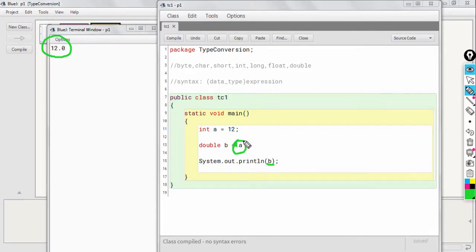But when you assign the value of a to b, it is automatically upgraded to a double value, that is 12.0. So this is implicit conversion, widening conversion, okay. Let's talk about explicit conversion, okay.